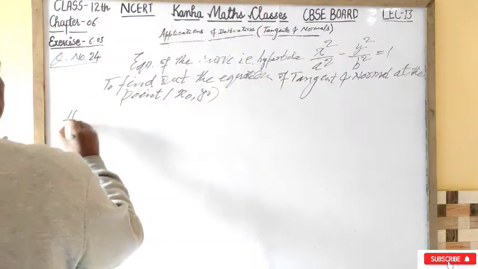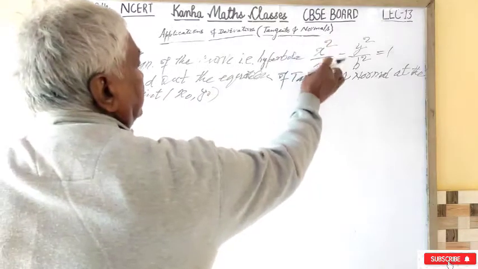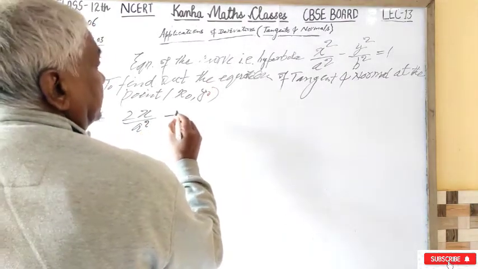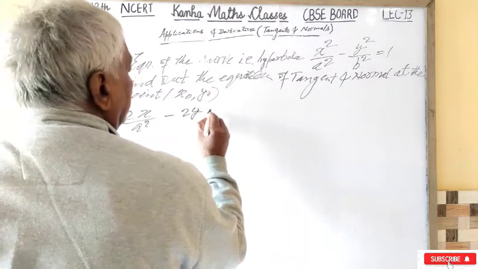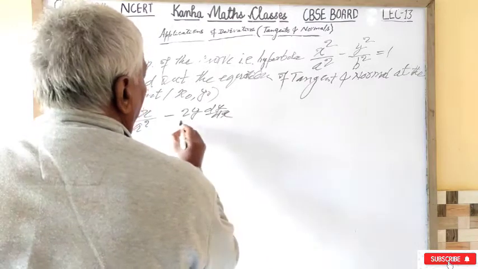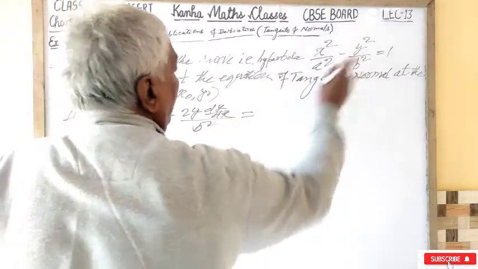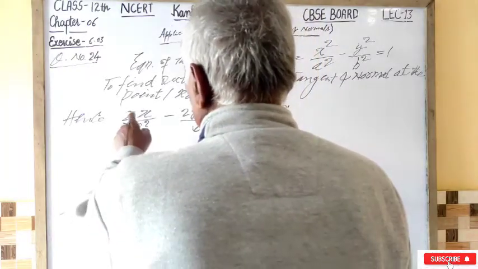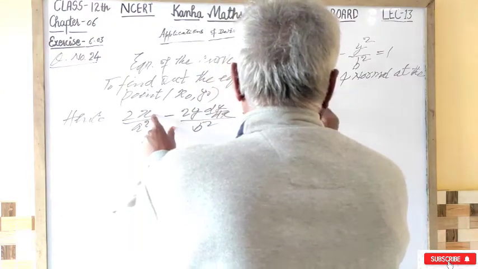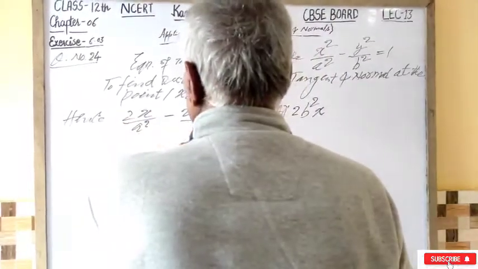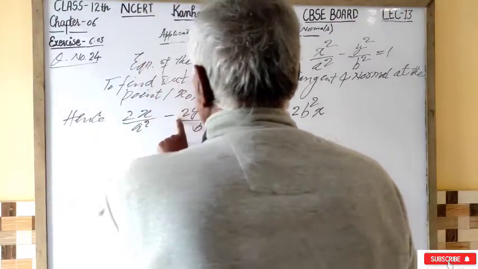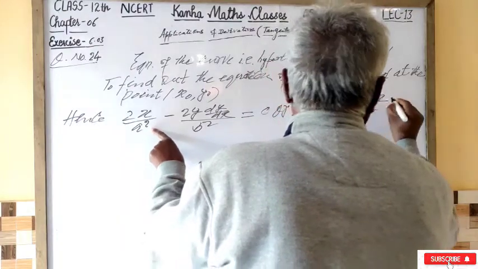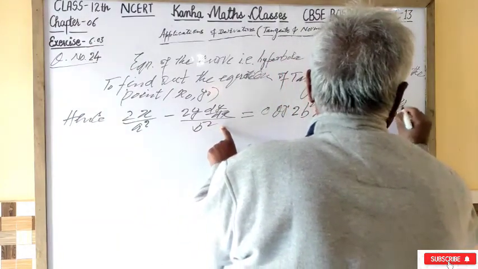Hence, 2x upon a square minus 2y dy by dx upon b square, and the derivative of 1 will be equal to 0, or 2b square x is equal to 2y a square into dy by dx,